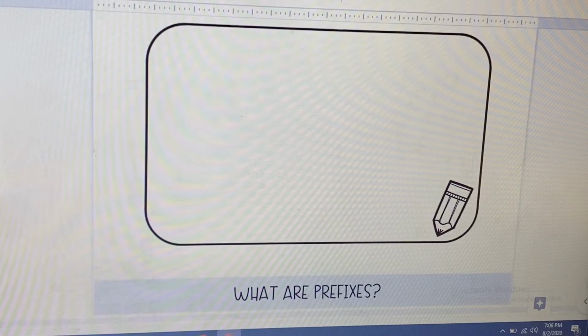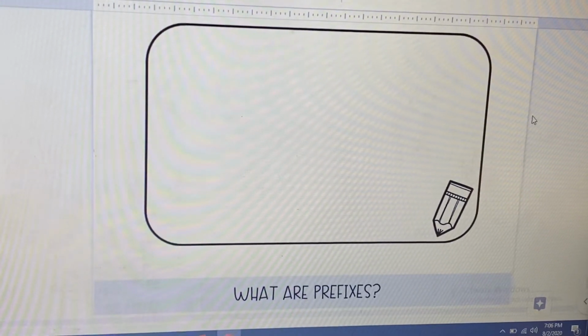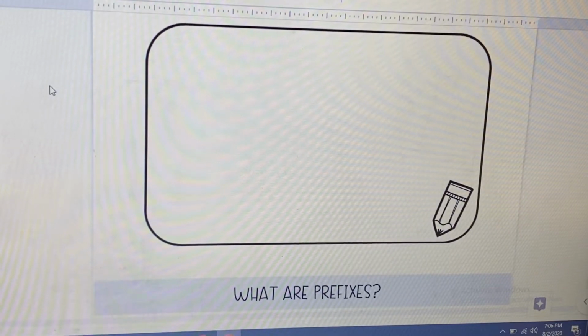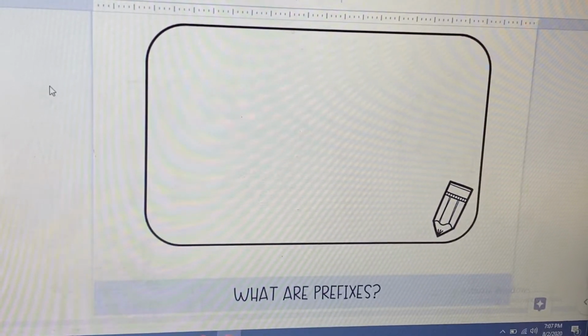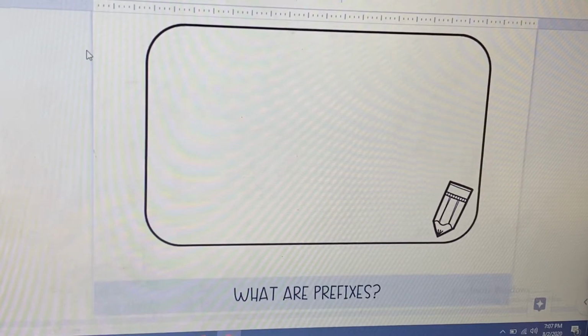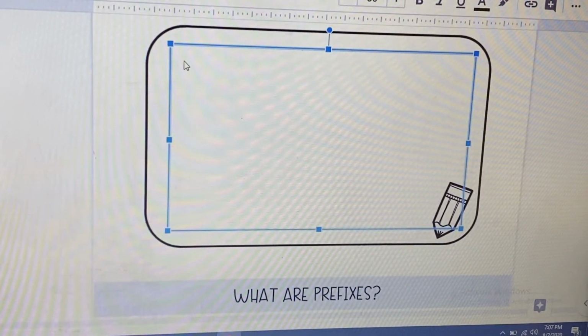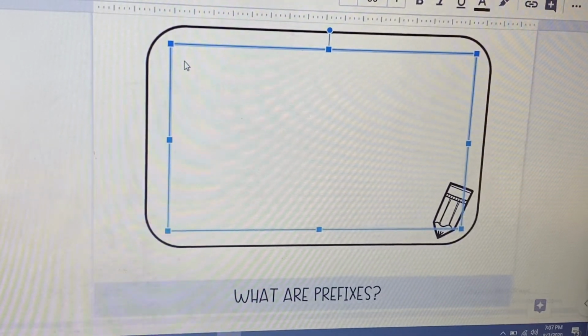But if you would go ahead and scroll down to the 4th slide that says what are prefixes. Okay, so go to the 4th slide that says what are prefixes. We're going to type the definition together of what a prefix is. So a prefix is